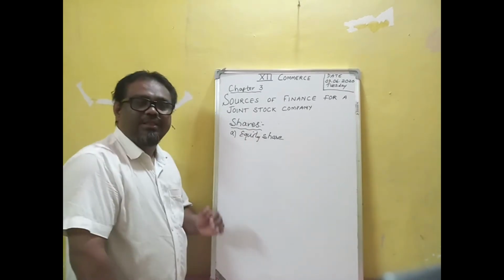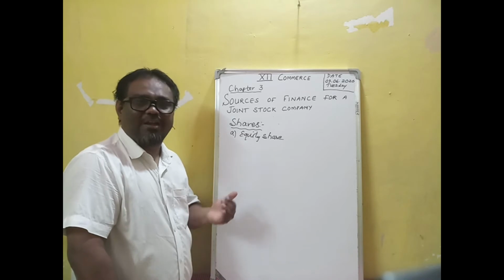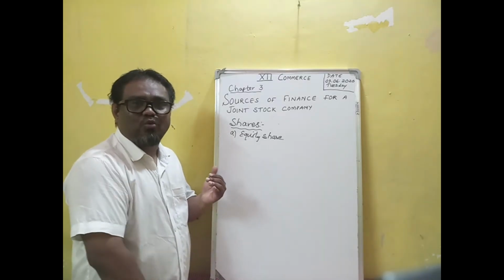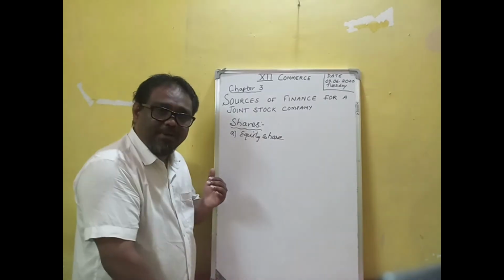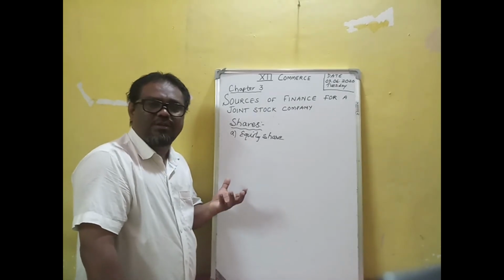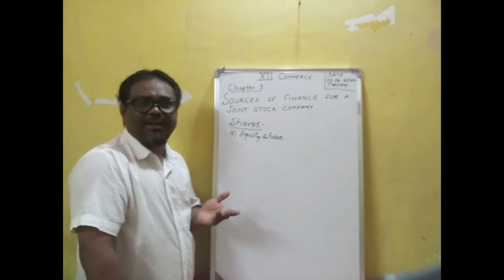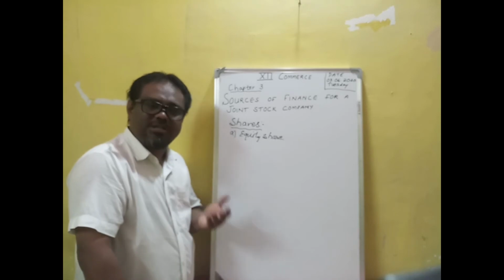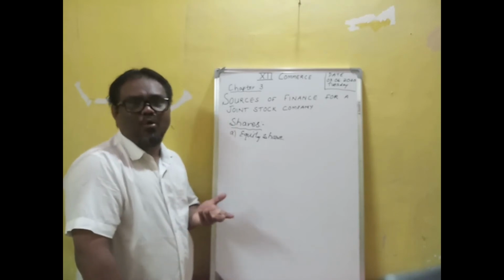Again, these equity shares do not have any preferential right. No preference is attached here. Since they are the owners of the company, if a company earns a profit, they will get a dividend. If the company does not earn a profit, they will not get a dividend. So they have to suffer when the company is in loss. When the company is earning more and more profit, they will enjoy more and more dividend.